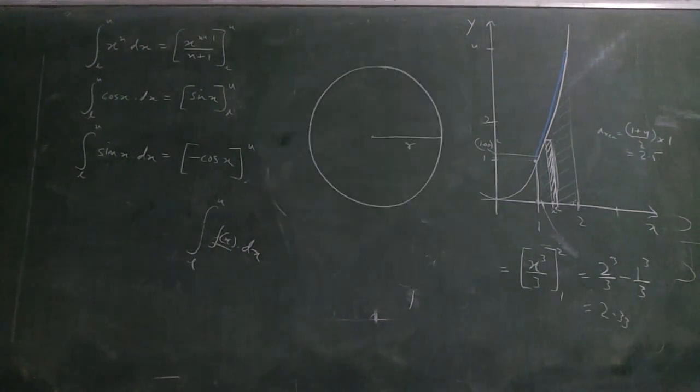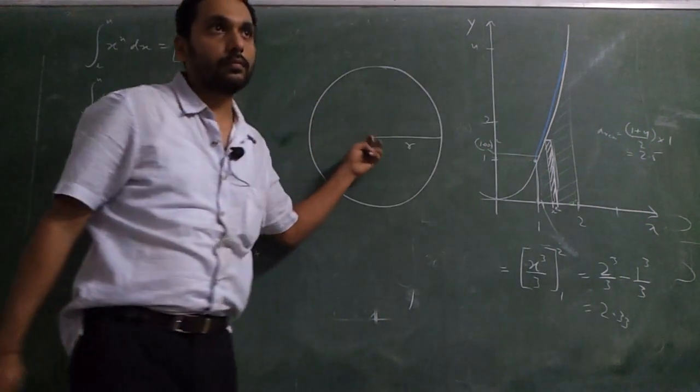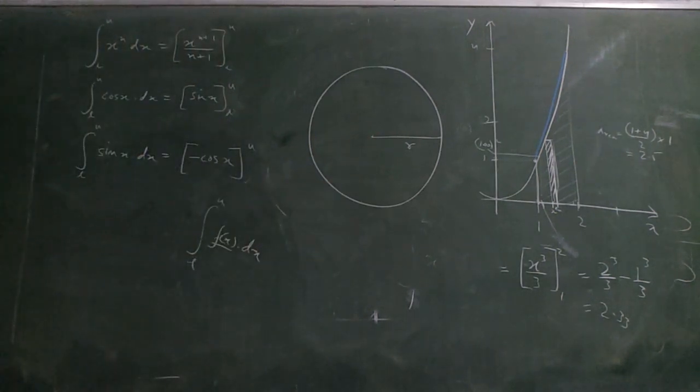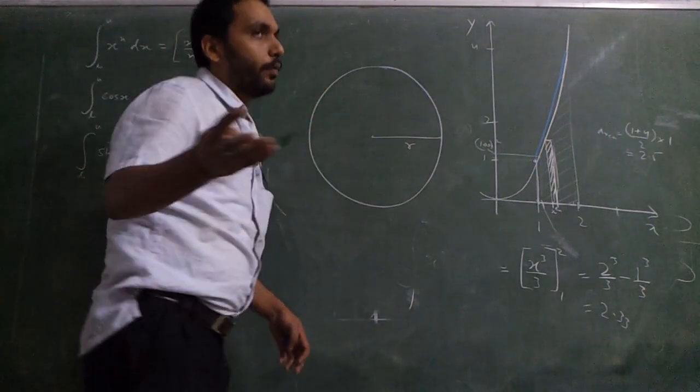Okay, there is a circle of radius r. Using integration, whatever you have learnt till now, can you find the area of the circle? Okay, I'll do it one way. I'll do it a way which is not the most favorable way. Okay, you can do it in 3-4 ways. I'll do it in one way and then I'll tell you an easier idea how to divide it. You can divide, it is up to your imagination, what kind of way you want to divide it. Okay, so one way I'm going to divide and you do it in the other way. I'll tell you what to do in the other way.